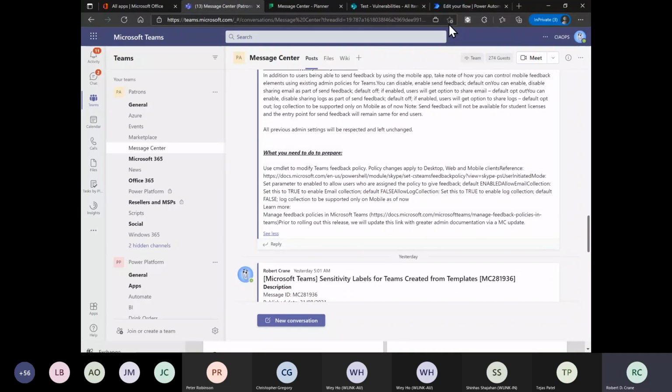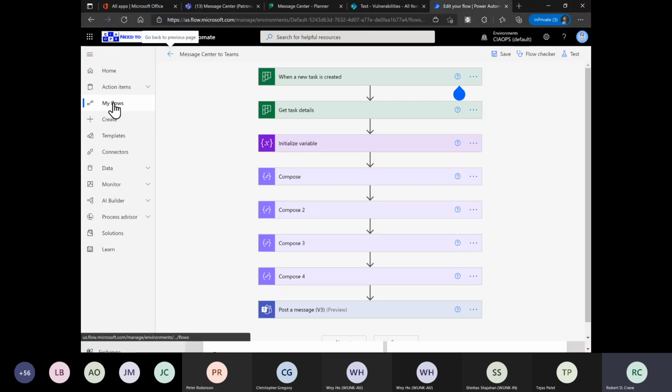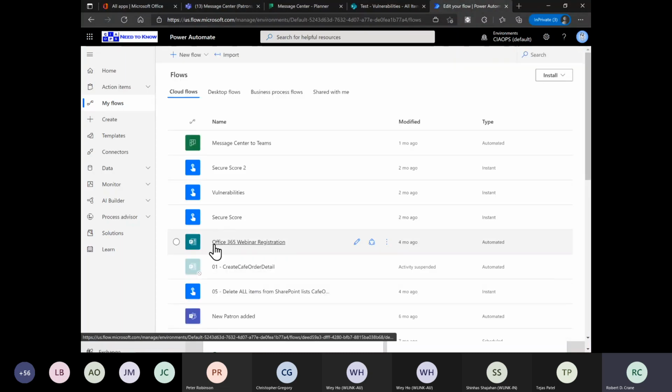Okay, so there are 3 examples that are pretty straightforward to implement. One is the ability to suck Secure Score into a SharePoint list or whatever you want. Could be the Dataverse, could be anything, any data you want, and you can do that across multiple tenants. You can also do that with the vulnerabilities. So I've sucked all that information from my Defender for Endpoint capability. So that information does appear in the Defender Endpoint portal, but I pulled it into somewhere else to work on it. And the Message Center capability to export that information and push it into Teams where it's more obvious for my